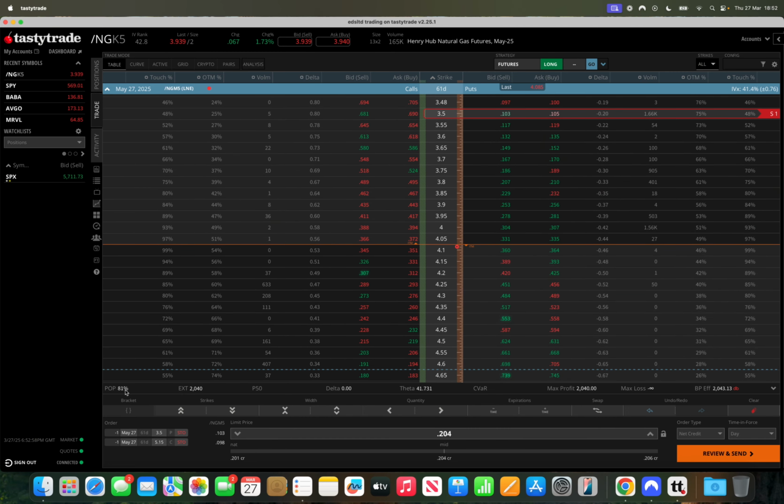As you can see, we have a POP of 81%. Our P50 is going to be 90+%. This is where our 90+% win rate comes from. We are going to collect $2,000 up front entering this trade, and our broker is going to require basically the exact same amount of buying power to open this trade, which is $2,040. So $2,030, $2,040 in premium profit that we collect,